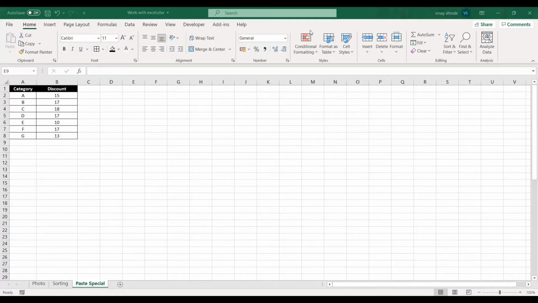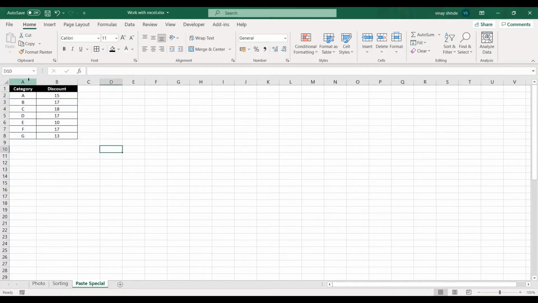So the first one that I'm sharing is Paste Special. Now, some of you will feel, what is unexplored in Paste Special? We use it every day. Yes, you might be using it every day, but there are certain functions in Paste Special. Rather, I'll share only one such function, which you will not believe that yes, this was available with us, and we have never used it. So let me share this example with you.